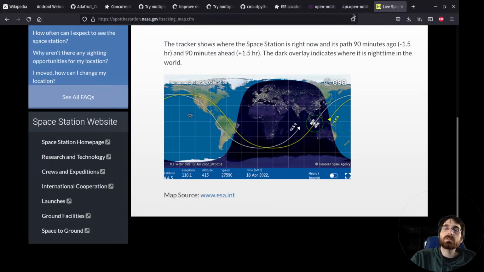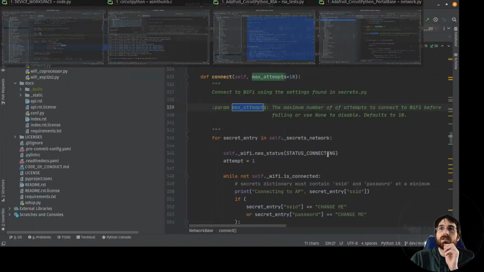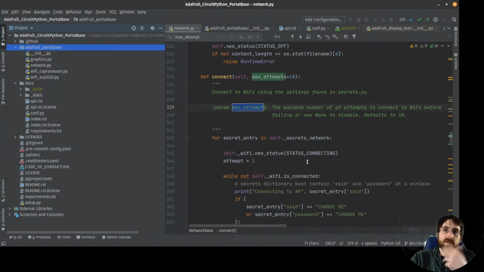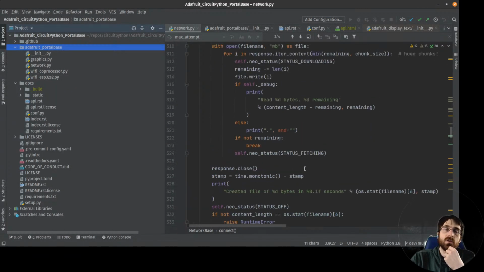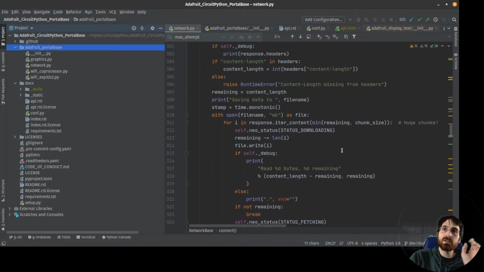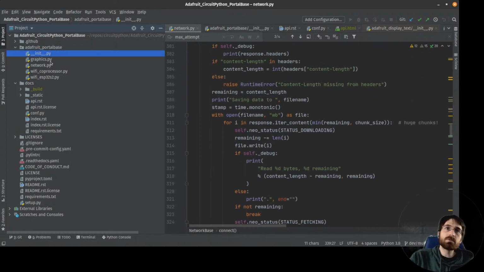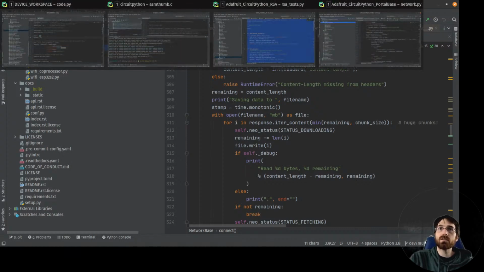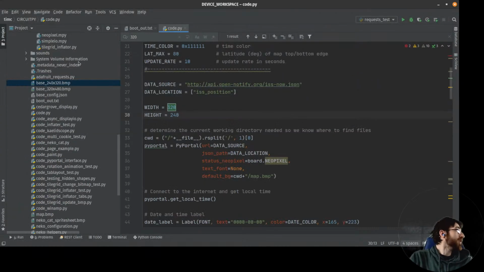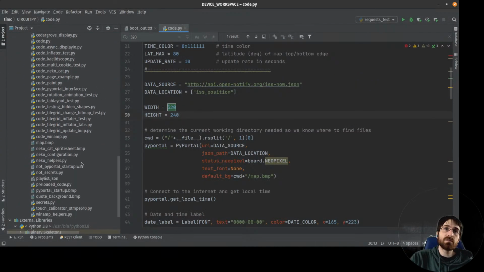All right, perfect. Okay, so this works now, but now we need to actually be using our special Portalbase here. Because right now it's going to be using the frozen Portalbase, which doesn't know anything about this multiple networks thing. It's not going to take it into account at all. So we're going to take multiple Wi-Fi Portalbase from the PR. We're going to drop it in root, and I think because it's in root, it will override